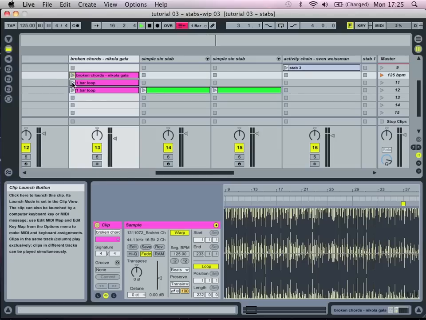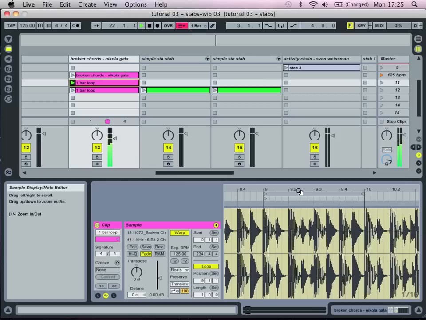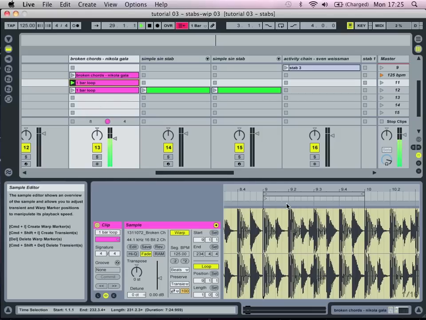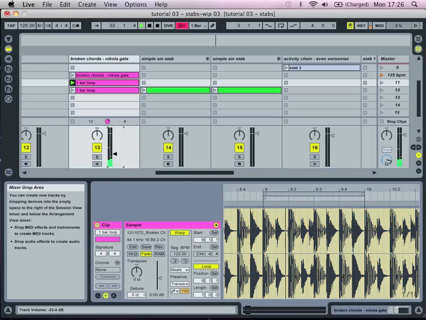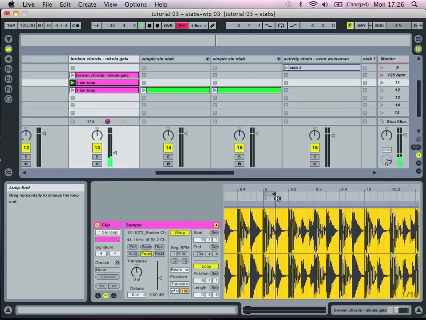So what we're going to try and do here is work out what chord is being played, and then recreate the actual stab sound itself. What I've done here is loop up just one bar, and what we're after is that little stab you hear twice in this one bar measure. If we make sure that we're on 16th note divisions, actually, I'm going to turn the volume down because it's quite horrible, but we're just going to bring in our loop braces